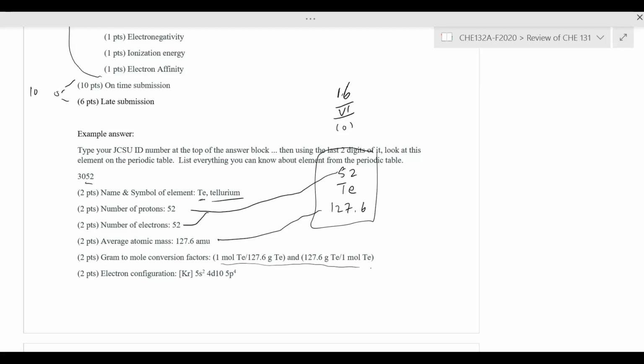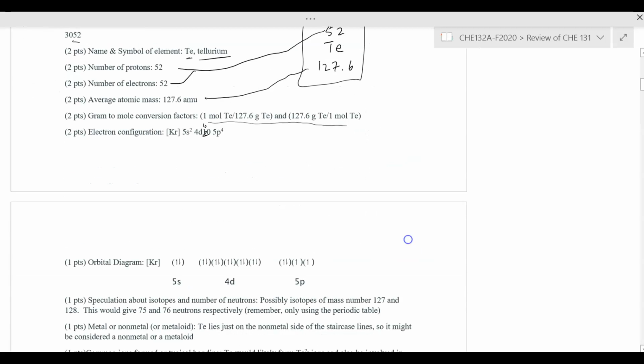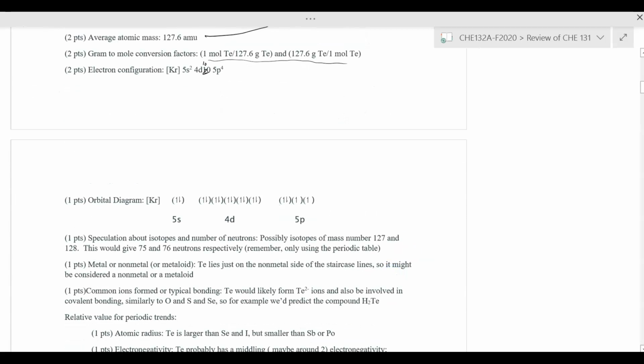If we count through the electron configuration, it's 5s2 4d10, and that should be a superscript, not a normal number, 5p4, with a krypton core, which is acceptable. And if I do the orbital diagram, which I did with Word by typing here, so it can be done, these arrows are under the symbol. They've got the up arrow and the up arrow with the line the other way, and the down arrow and the down arrow with the line the other way. All of those are options under insert symbol